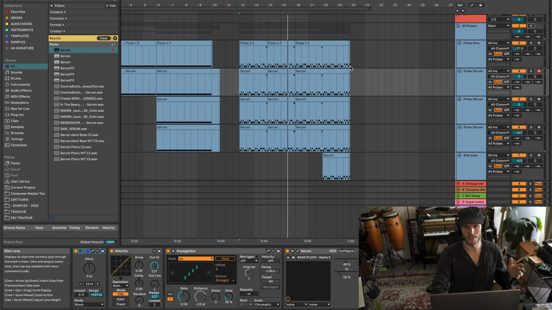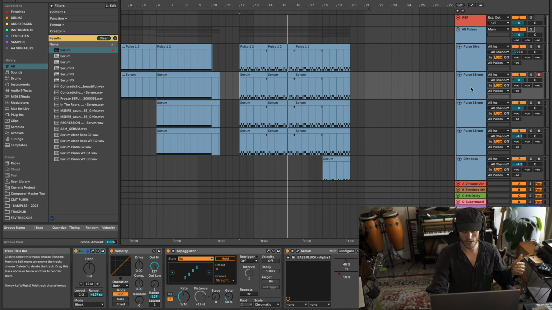So, the first thing I want to look at is the anatomy of a couple of these presets and what's going on, and then I want to go to an initialized Serum preset and start from scratch and create some